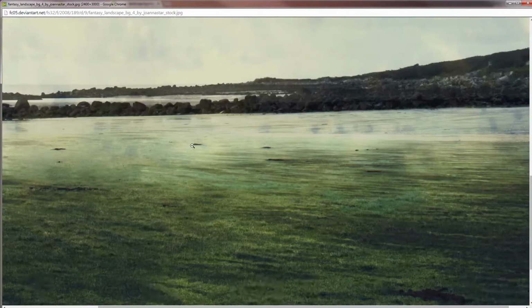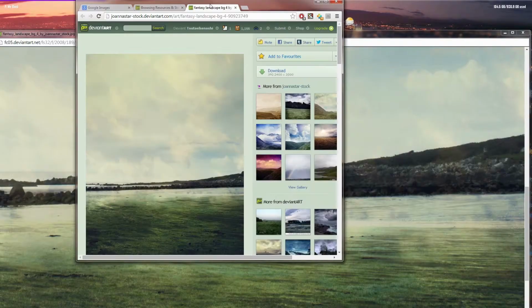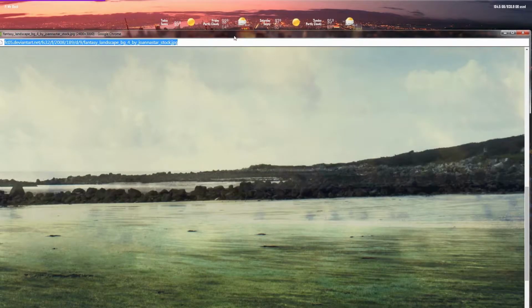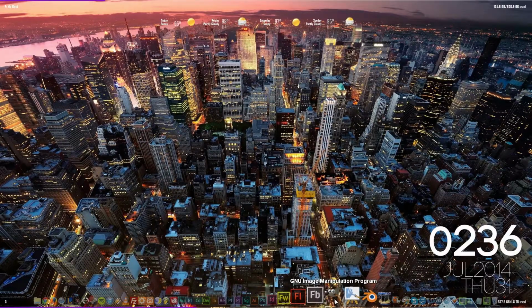The bigger the image, the better, because the bigger the image that you grab, the higher quality it's going to be when you shrink it down. So let's just go ahead and copy the image. We're going to move both of these off to the side because we don't really need these right now. I have a dual monitor. If you don't, then just leave it as is on the page and just open up GIMP to get started